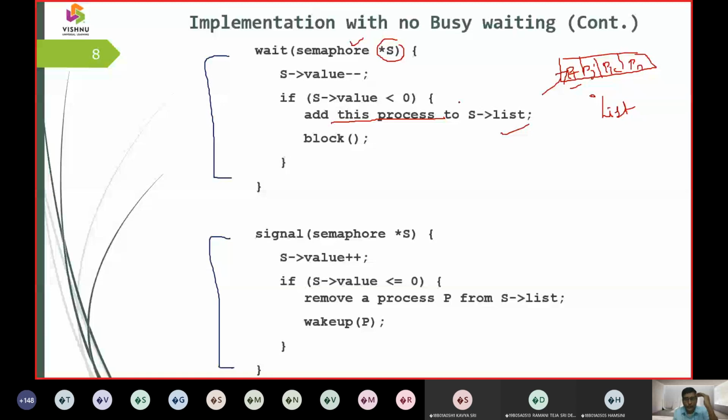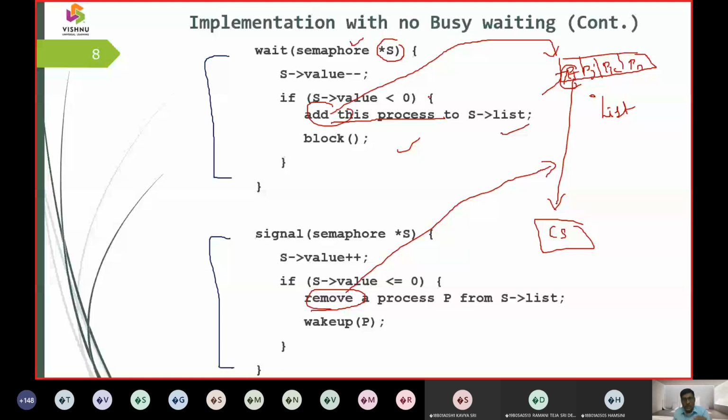Okay, who is going to be the first job to enter into the critical section? It is going to pick one and push it into the critical section, and you can see the word here, right? We are going to call this state remove, and here you can see add it into the list. In the wait state, it is going to build a data structure called a list, and it is going to add processes one by one into the list. So that state we call the wait state.